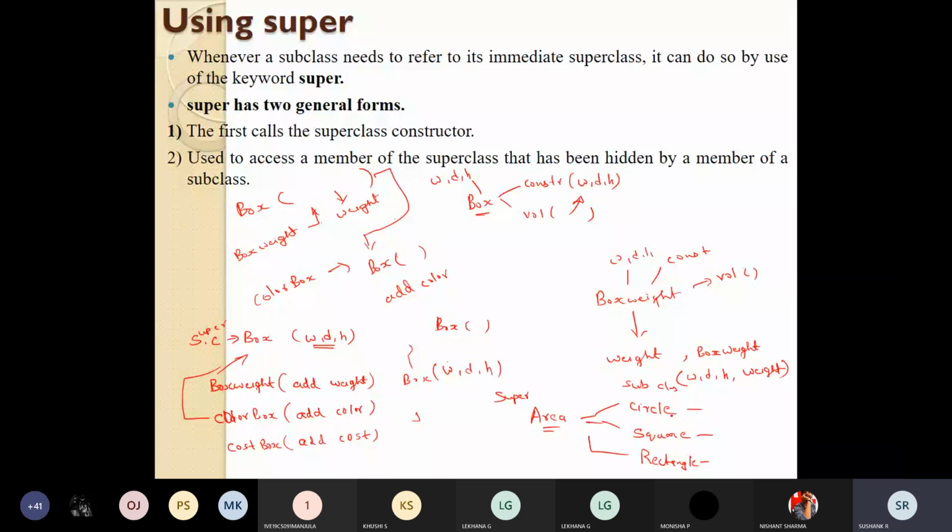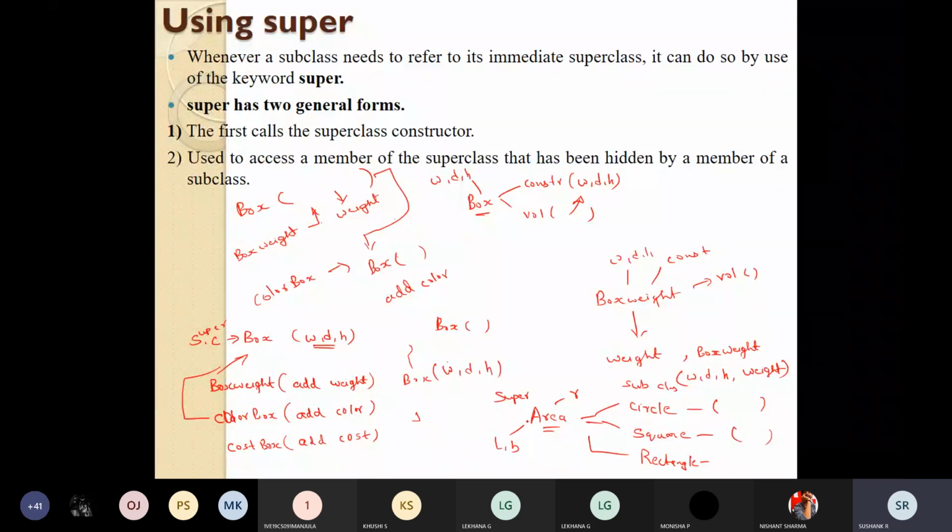For calculating the area of a circle, it might take the radius value r from the superclass called area, and it can calculate the area of a circle. For the square, it can take the values of length and breadth from the class called area, and calculate the area of a square.